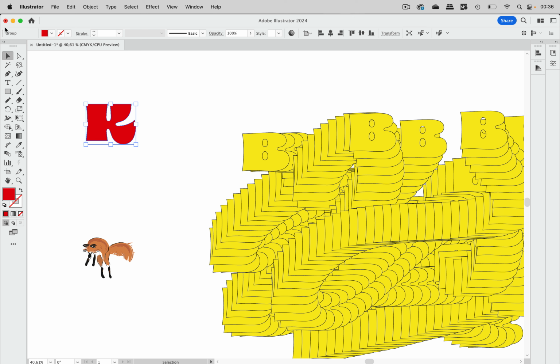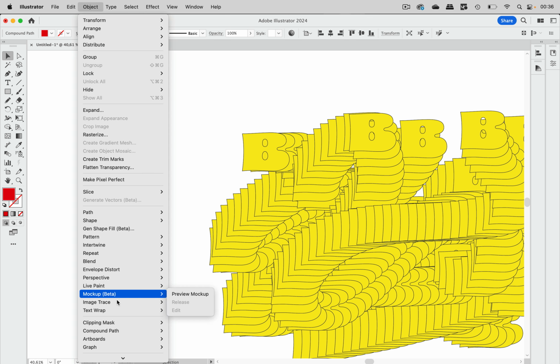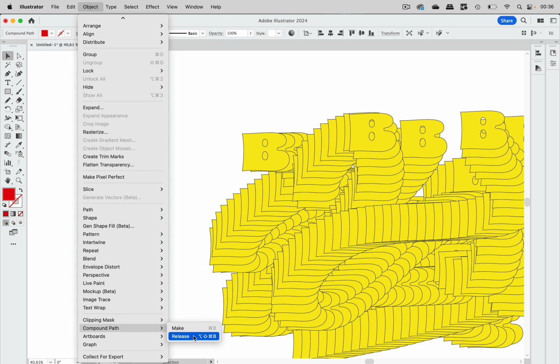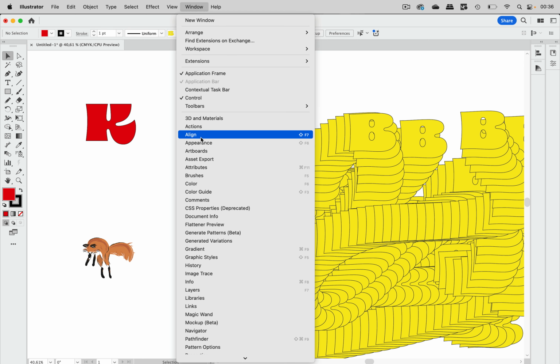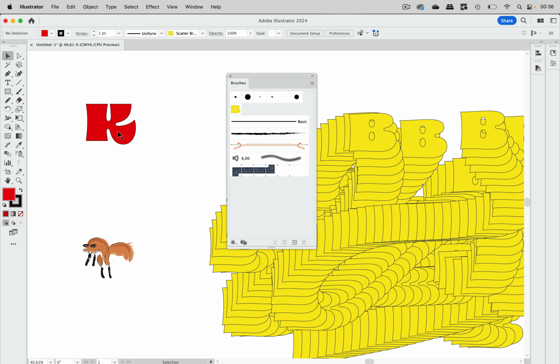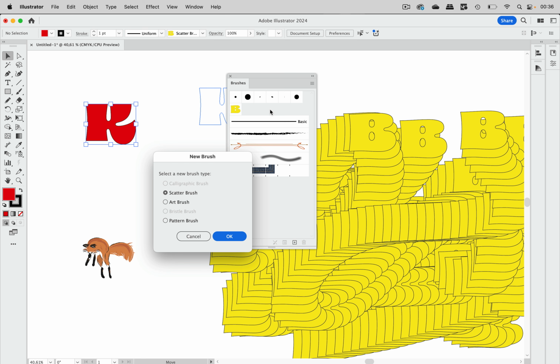And then this is now a group, and in order to make it easier later on, we have to ungroup it. And this is now a compound path, which is because of outlining type, then every letter gets a compound path. So we have to release that as well. So this is now just a path. And also I'm going to apply a stroke, and then let's go to Window, Brushes. And I'm just going to drag that here